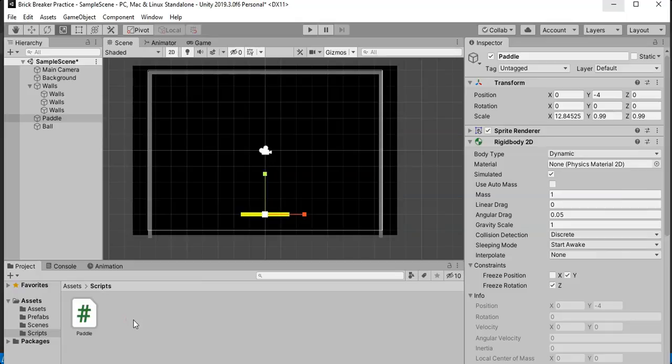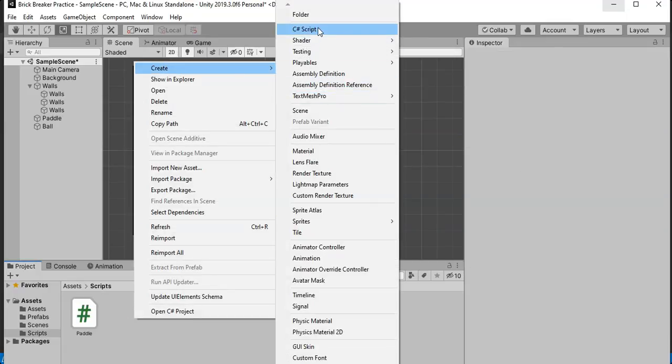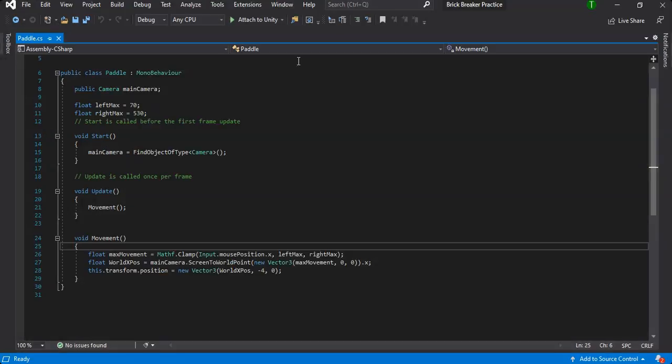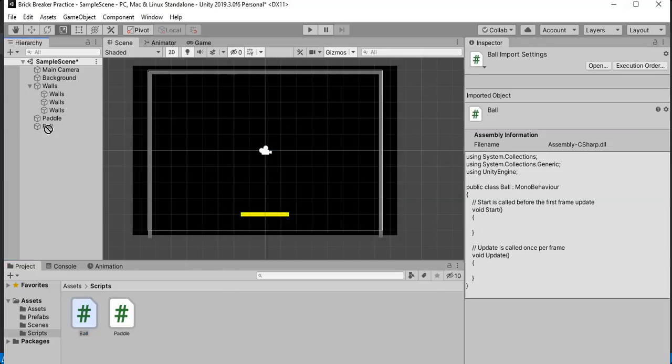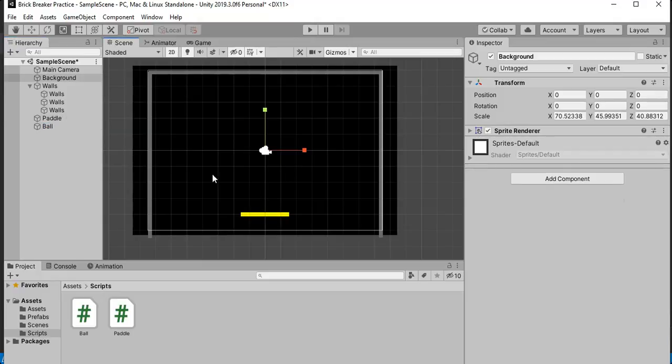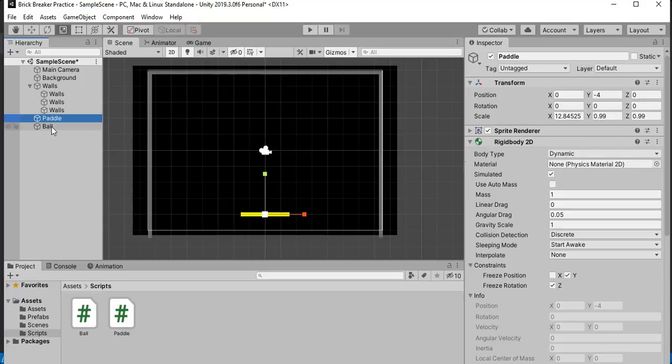and then we can add in a script for ball. Create new C# script, ball. We can drag this into our ball. Now what we're going to try to do is have the ball actually, instead of just being made pre-game, go ahead and have it follow the center of the paddle. And so we need to have it so that the ball gets built in at the beginning of the game, really before you do anything with the game, and then you click in order for that to be initiated and